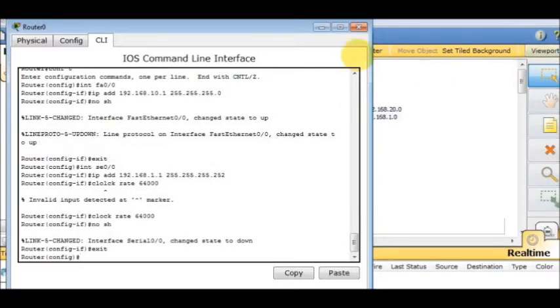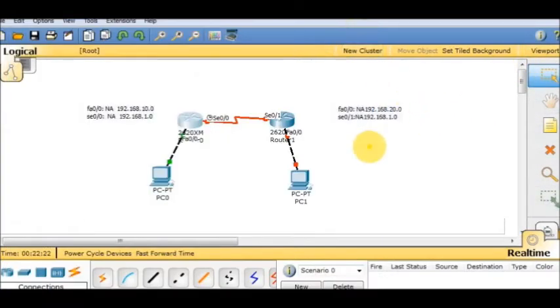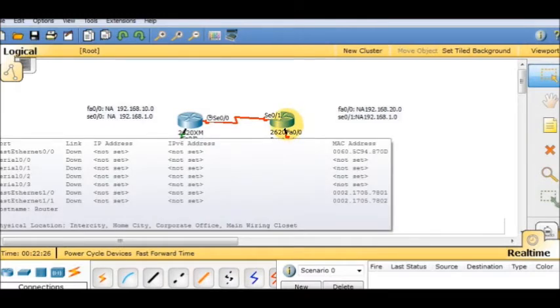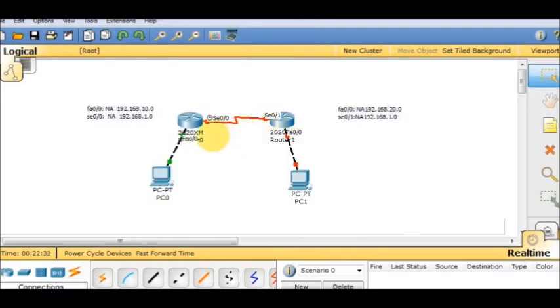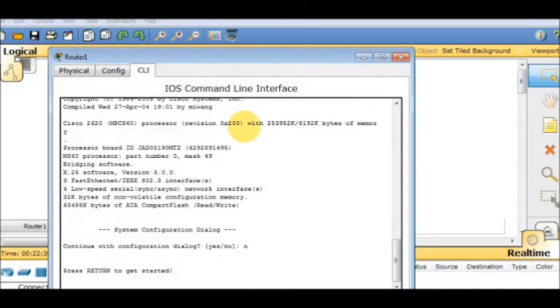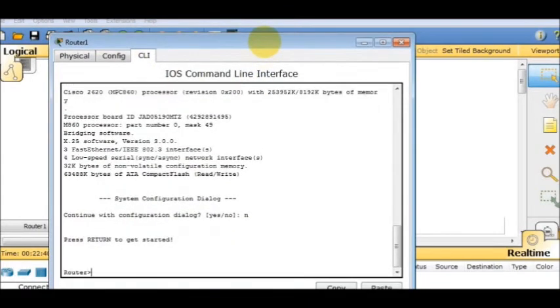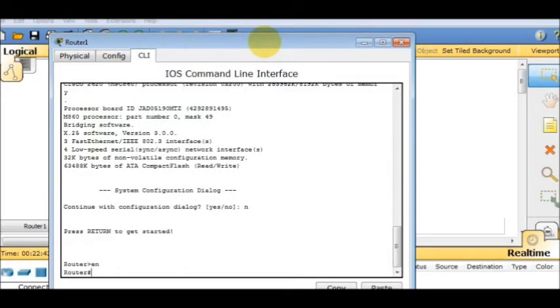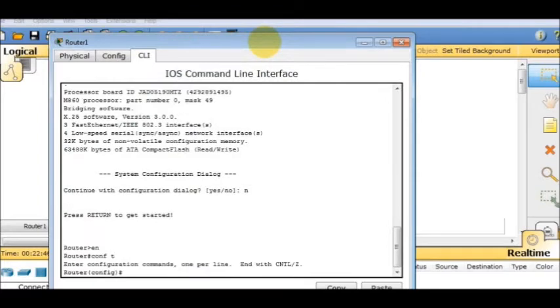So we are going to move to the next router, and then just repeat the steps you have input in the first router. So click the router and then CLI, then no, and then enter, then enable, same as what you have done to the other router. Then interface FA0/0, and then